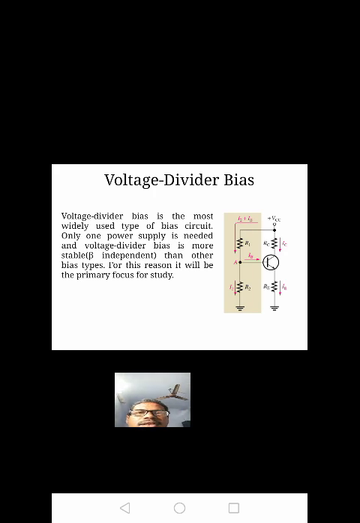Here we are observing the voltage divider bias circuit. On the input side, two base resistors are there, R1 and R2. In the output, the RC resistor will be there. VCC is applied for pumping the IB base current and IC current. The operation should be done because of that VCC only. RE is the emitter resistor. The current flowing in that circuit is IE. That is the basic diagram of the voltage divider bias circuit.